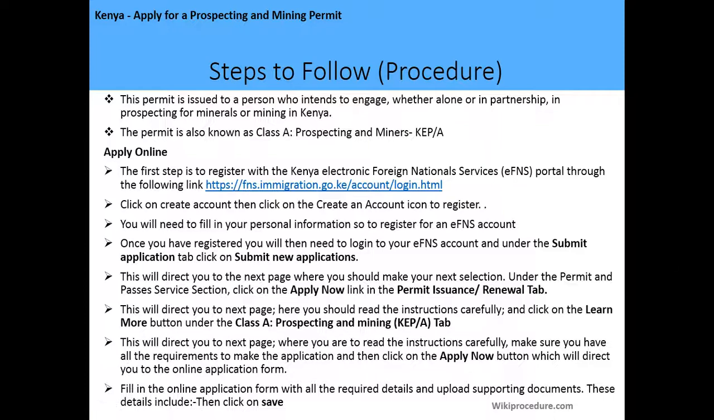You'll need to fill in your personal information so as to register for the EFNS account, and once you're registered, you'll need to log in to your EFNS account, and under the submit application tab, click on the submit new applications link. This will direct you to the next page where you should make your next selection, and under the permit service selection, click on the apply now link in the permit issuance